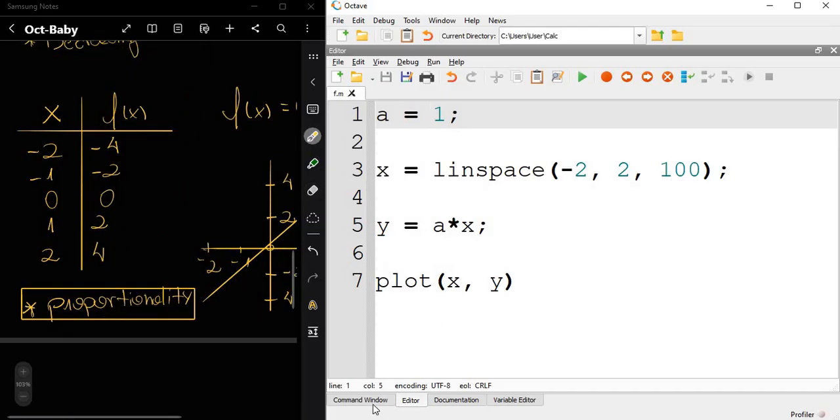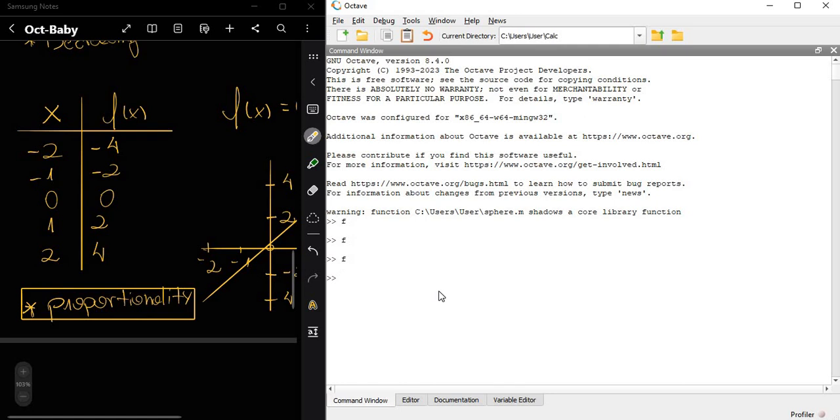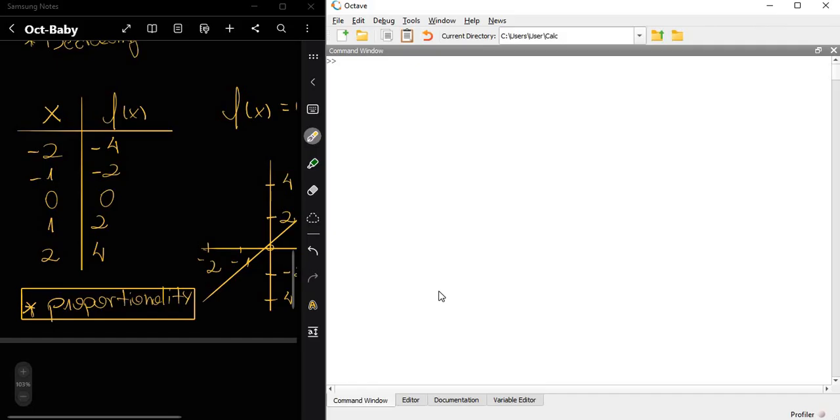So what we are going to do right now is try to import this data into Octave. So first type clear all to clean up the Octave memory, and then clc to clean the command window. Now we need to load a package, so type pkg load io.